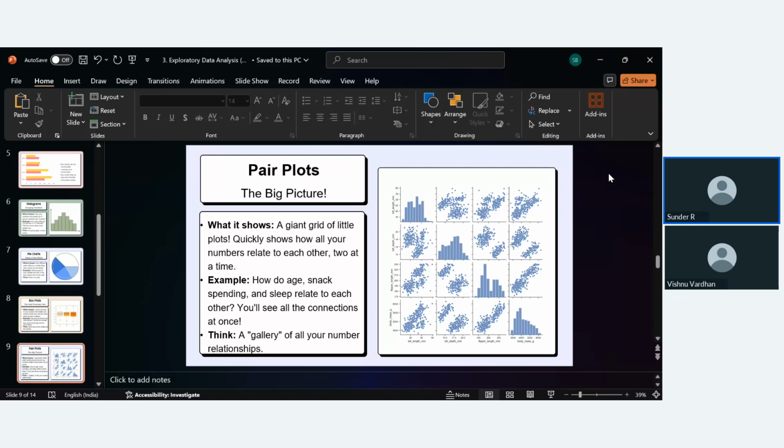So pair plots मतलब क्या है? It is to plot. Okay, it is to plot. Yes, in trading